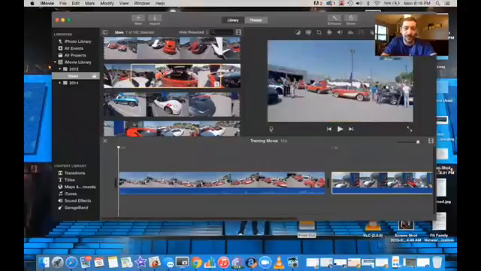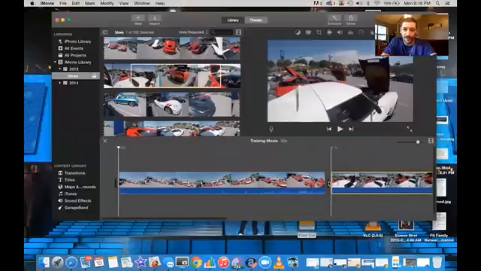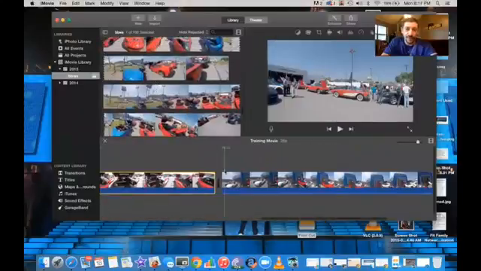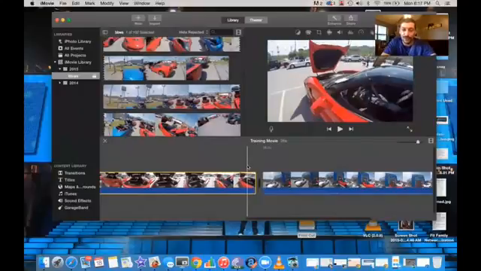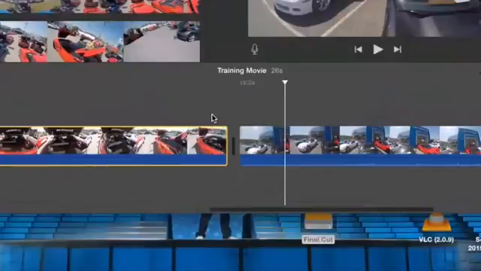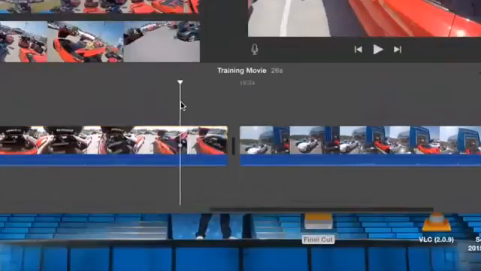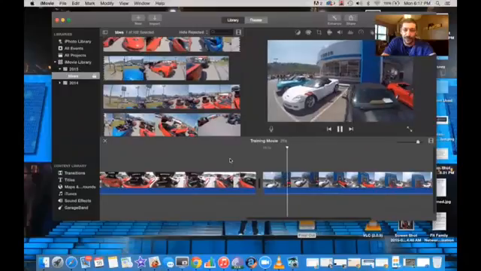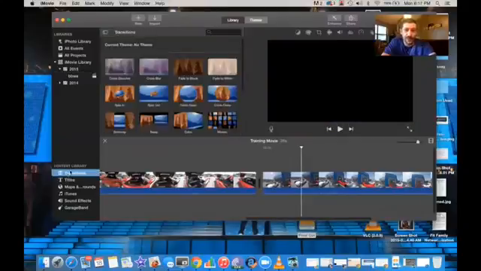Let's throw this in the middle. By throwing it in the middle, I just go in between. I just hold it right here, and then boom, it pops it in the middle. Okay, so let's do that. Now, the very first thing you see is these transitions. This is what they call a transition area. If I were to push play, one of the cheat buttons for pushing play is the space bar. So I just get to where I want it to go, and I hit my space bar, and it immediately goes over. So if I want to do a transition, let me click on transitions first, and then I get